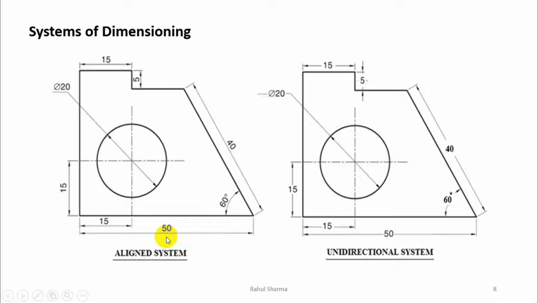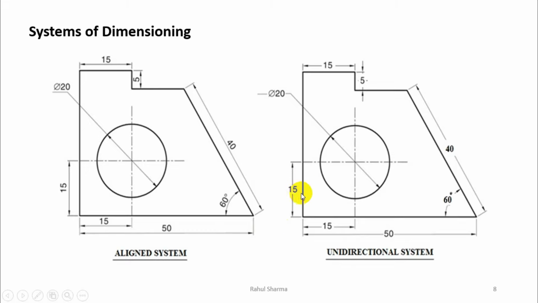Like here 50, I have written 50 above the dimension line and readable from downward. But in the unidirectional, it is readable from downward, but it is written in between the dimension line. Now in the case of 15, we are unable to write from downward, because if we write from downward we will not say which one is above or below, because we have to follow both the properties, readable from downward or right side and above the dimension line. So that is why we prefer the right hand side direction here, and then we say it is above the dimension line from the right side.